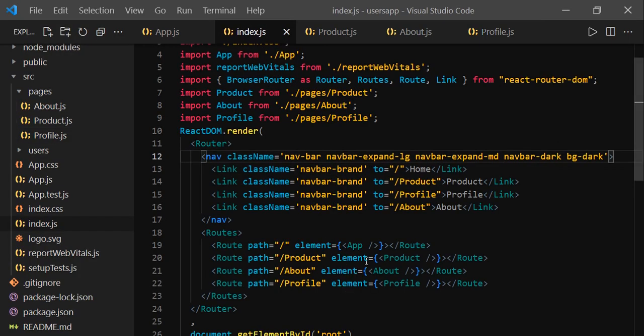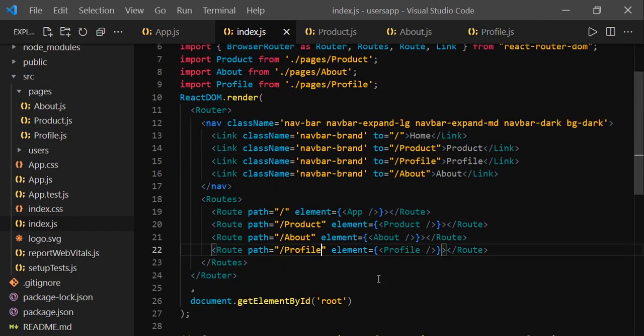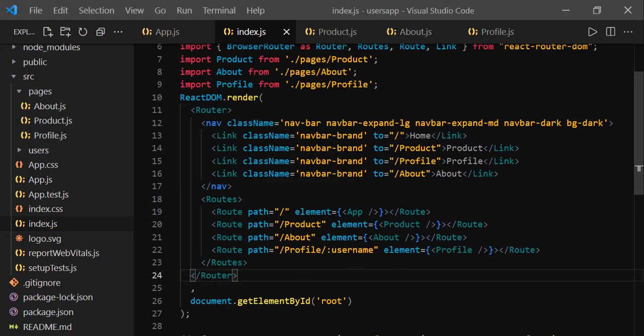So let's go to routes, to index.js, where I am going to make some changes. After the slash, use a colon. Here you can give any name, but at the receiving end you should use the same name. I am going to say username. Now if you refresh, you can see that on the profile page we are not getting anything, because we have changed this route to accept the username. So we need to pass the username now.